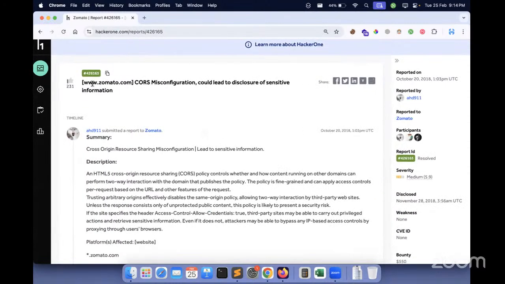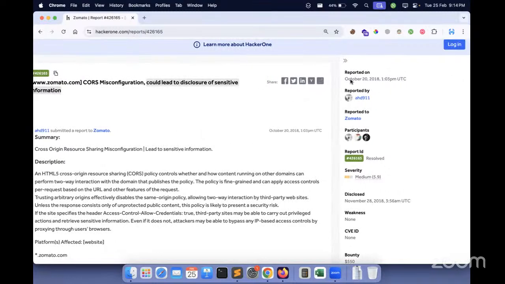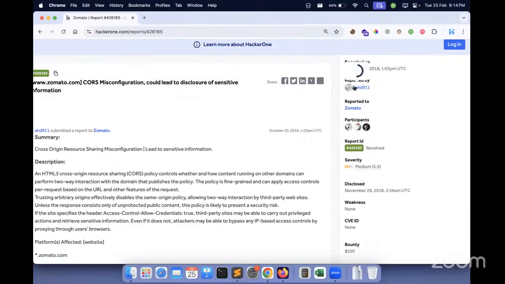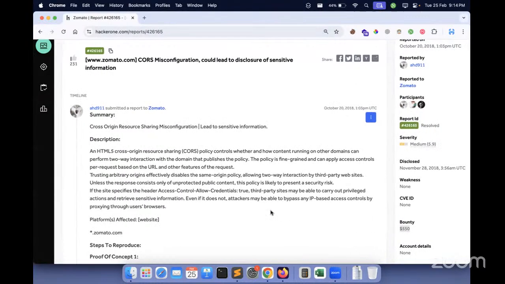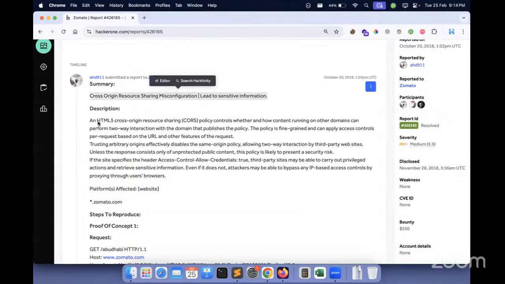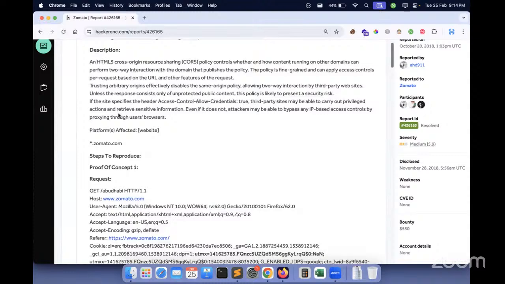So let us see this bug type reported on Zomato.com. CORS misconfiguration could lead to disclosure of sensitive information. The bug was reported in October 2018 by a security researcher to Zomato. This vulnerability falls under medium severity with a CVSS score of 5.9, and a bounty of $550 was awarded for the same. Now, we'll skip the description because we have already briefly understood what a CORS vulnerability is,